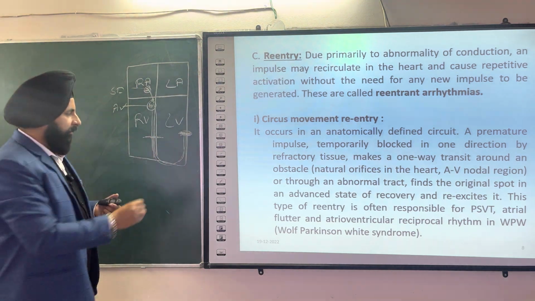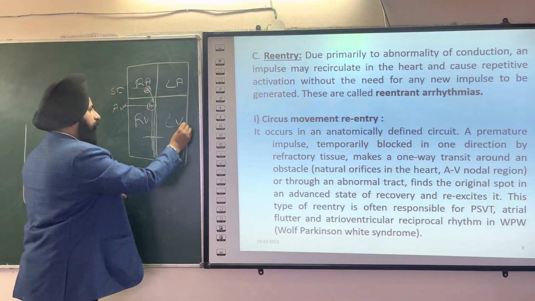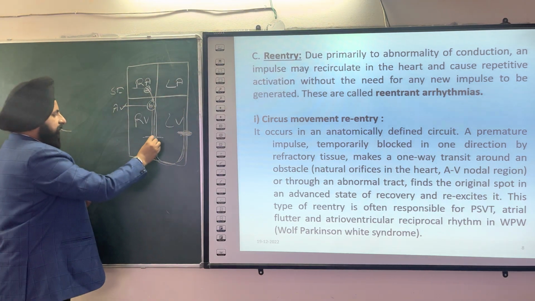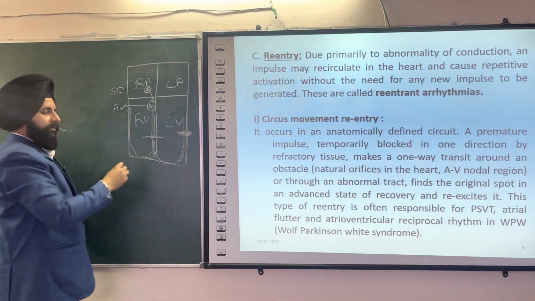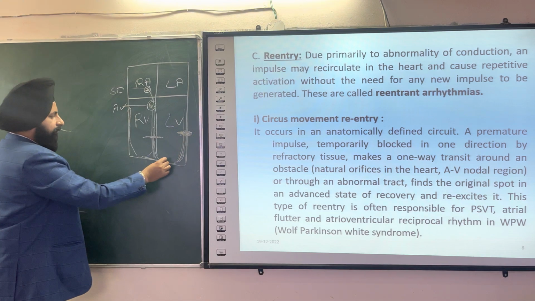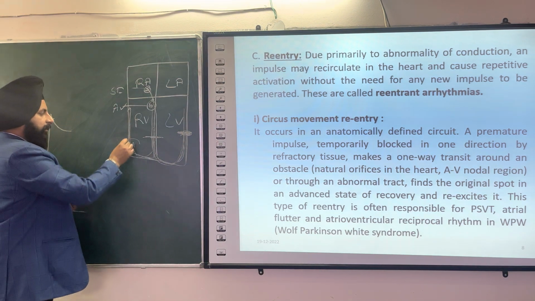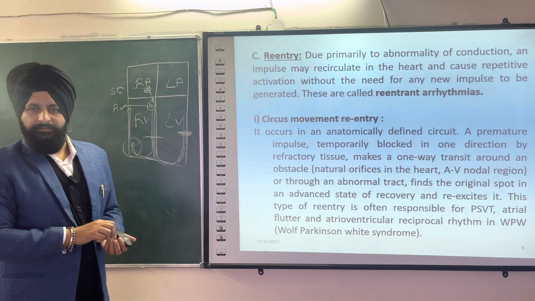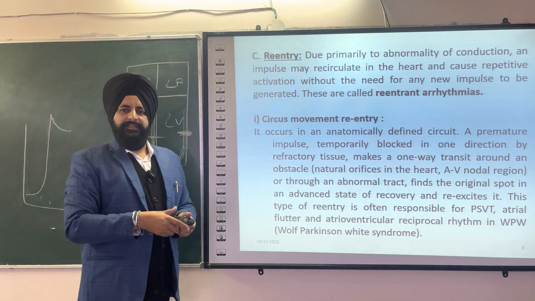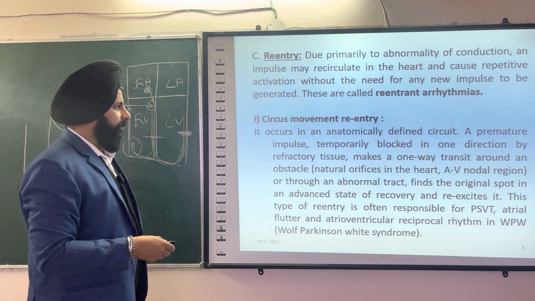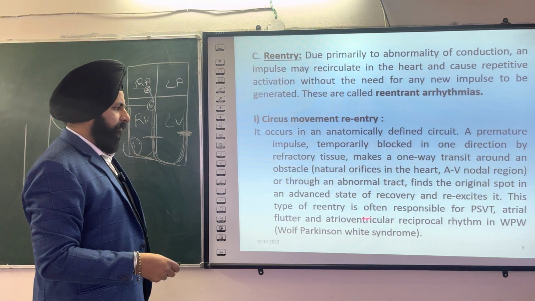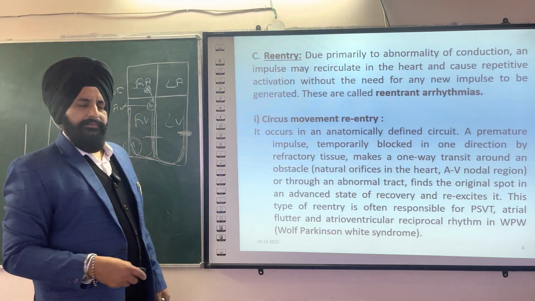Now in this case, suppose this was the damaged area due to heart attack or myocardial infarction, the impulse will not move further, so it will come back and it can move toward this side, because previously this conduction was already initiated, and again this wave of contraction moved toward this side. This is called a re-entry phenomenon. That means re-entry of the impulse toward any area, and it is blocked by the damaged part of the heart. So this is re-entry, which, you know, in the case of Wolff-Parkinson-White syndrome is the